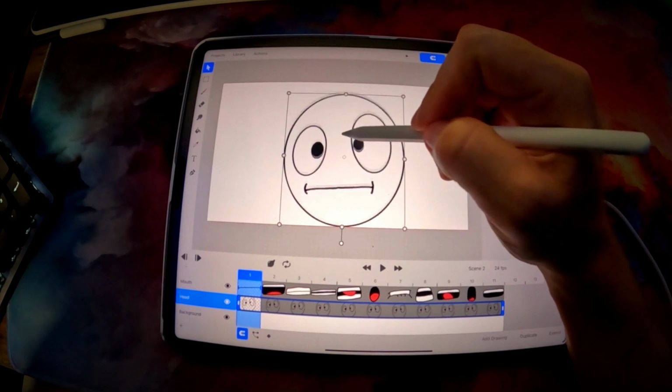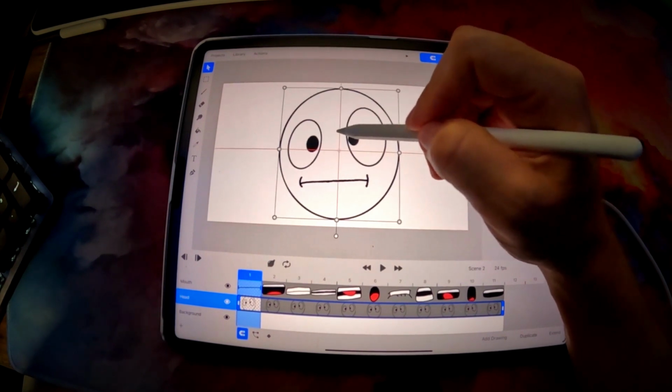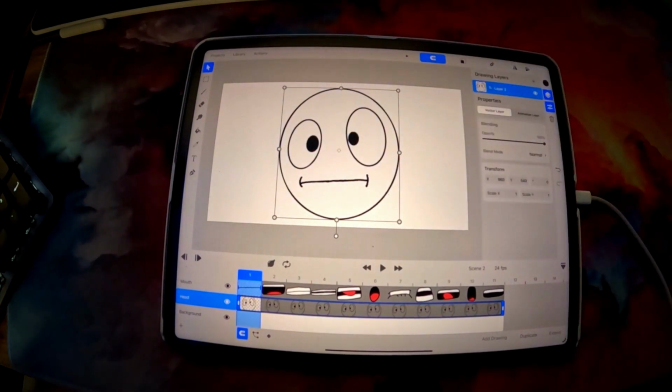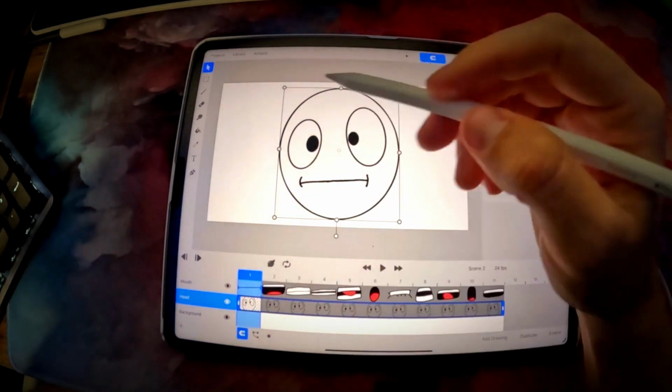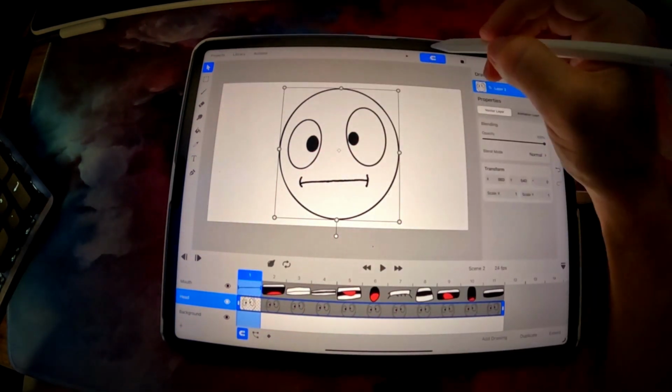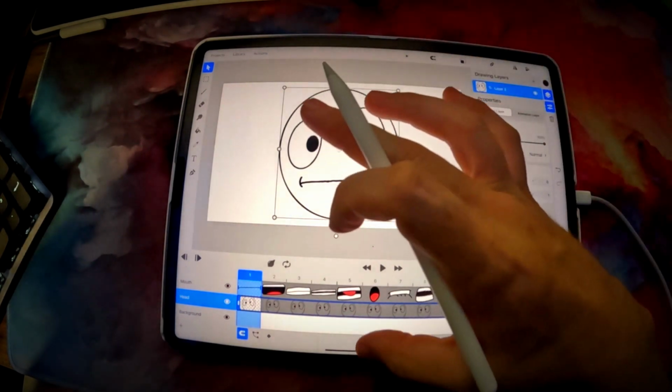Let's get it centered again. Turn on snapping. There we go. Alright, so now we've got our mouth shape, it moves with our character, and it's centered. But we need some audio. Let's go